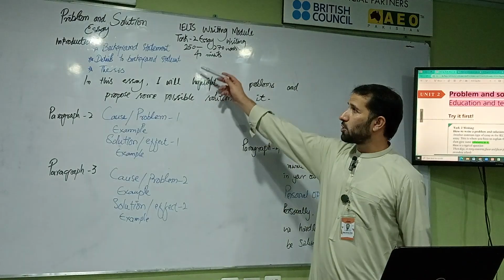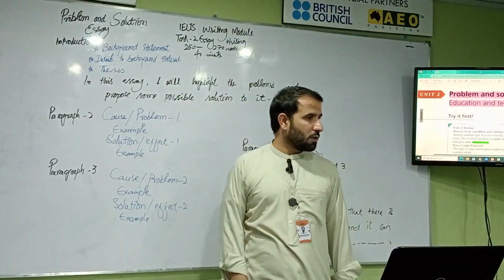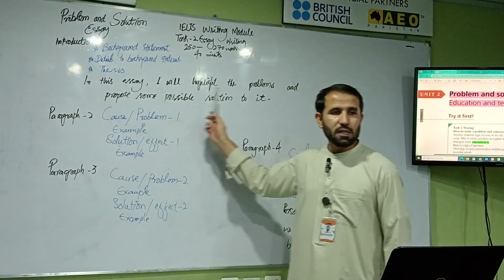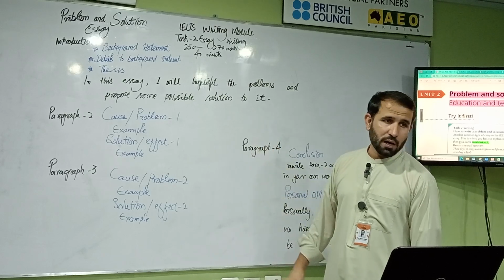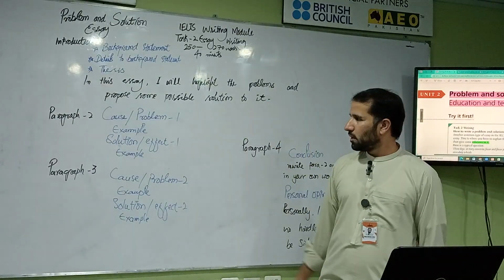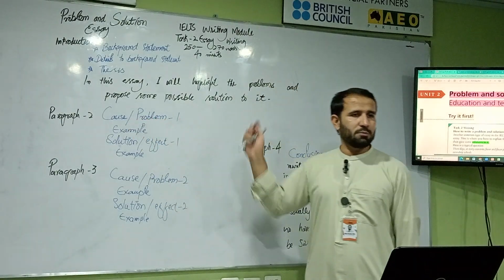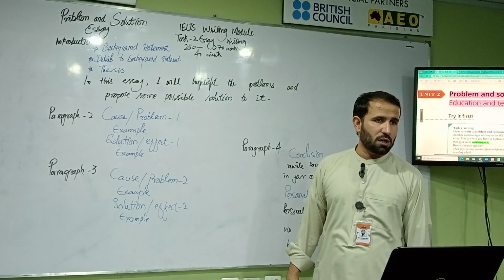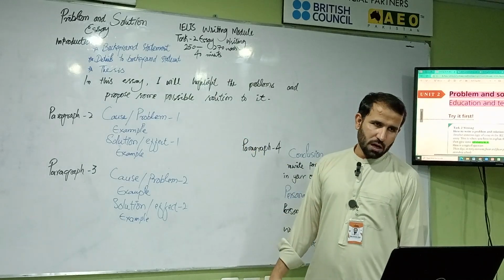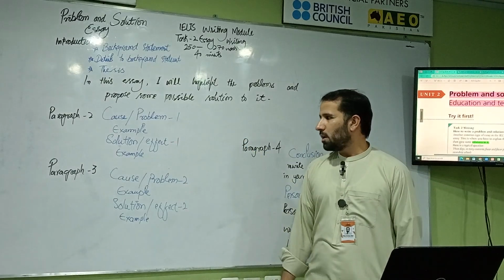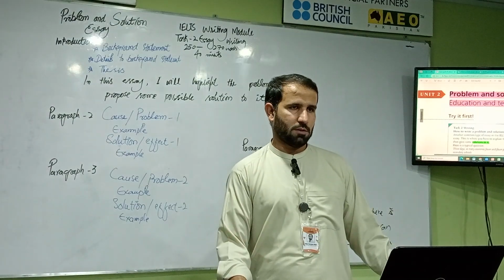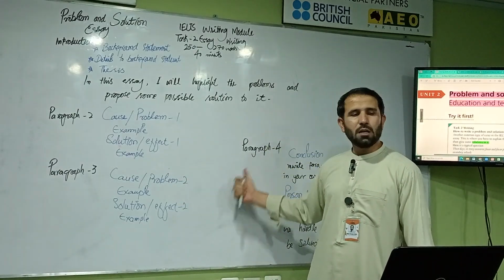Again, the problem and solution essay: introduction providing background, then details of the background, and also a thesis. In the thesis you will mention, in this essay I will highlight the problems of BRT and also propose some solutions. The very first cause of the problem, that people become late to their offices, schools and homes, is fewer buses. How can it be solved? It can be solved when the government brings more buses. Its effect on the people is that they will never be late to homes and offices. And the same is the case with paragraph 3 and then the conclusion.